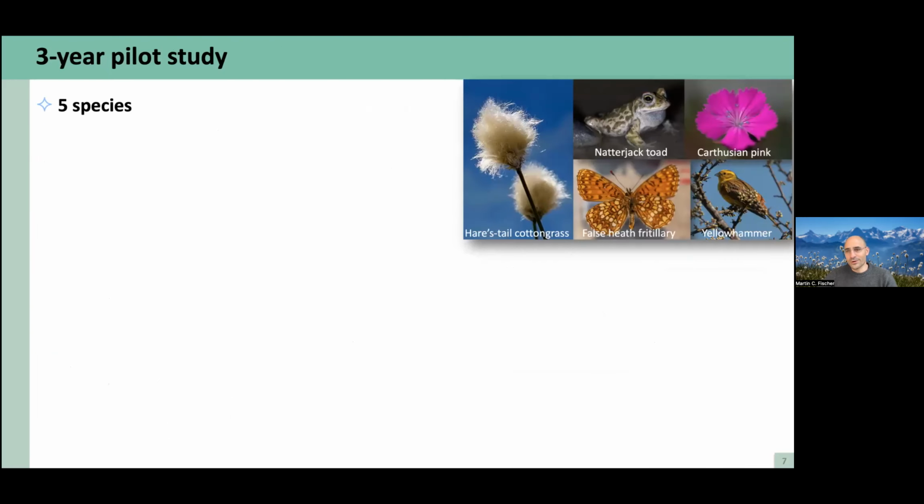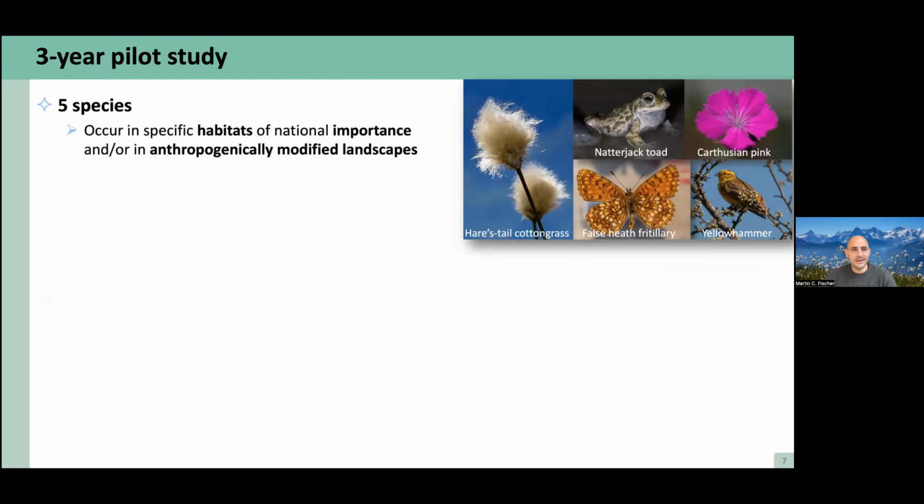So maybe coming more to what we are really doing in this monitoring. It's a 3 years pilot study, and we decided to start with 5 species. These species have been selected because they live in habitats of national importance, or they are in landscapes which